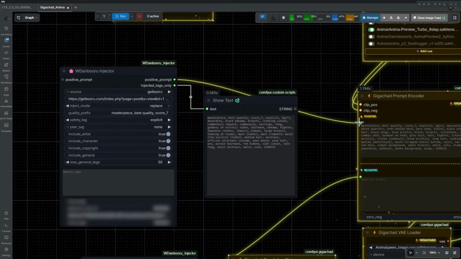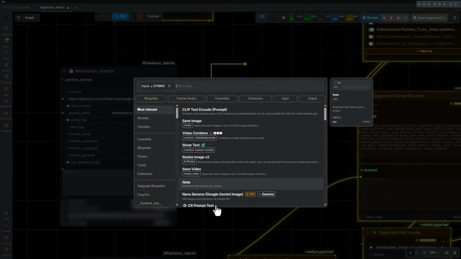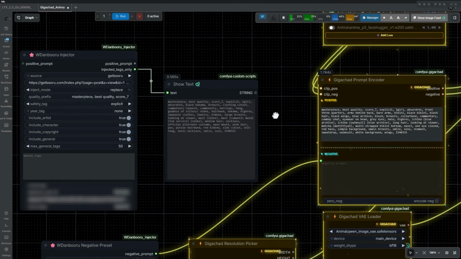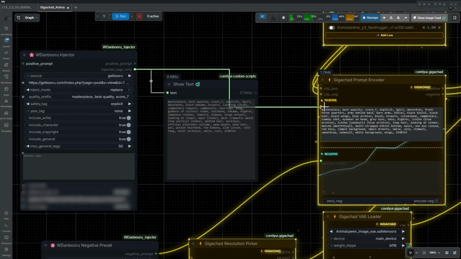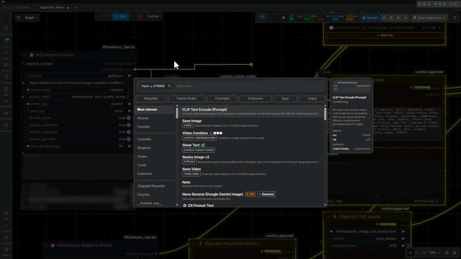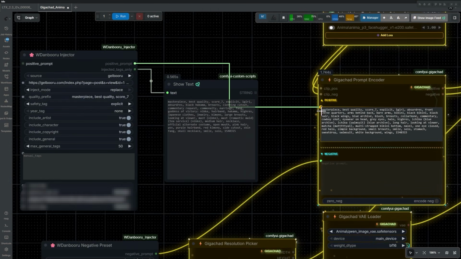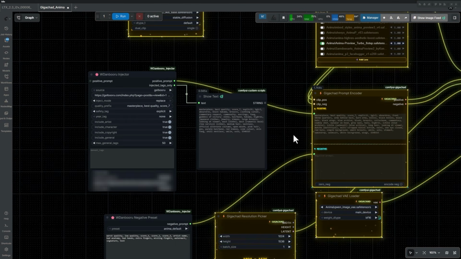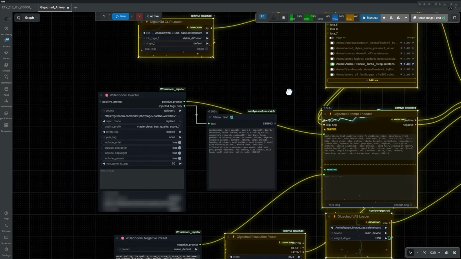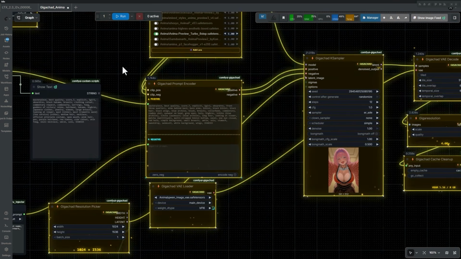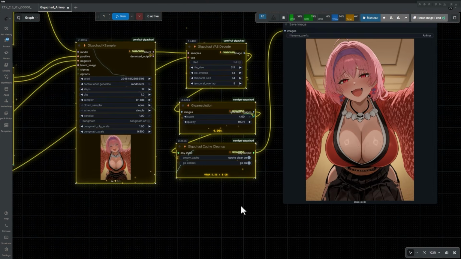If you wanted to change things, you can just take this off, and then you could copy and paste it here and tweak some things on your own. Or you can use the injector mode, which is basically going to inject some tags into your prompt already. But I find that generating with the positive prompt first and then maybe going in and manually adding some things after works great. Now this image was generated